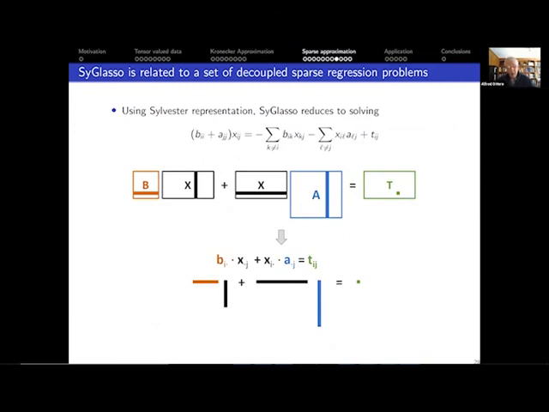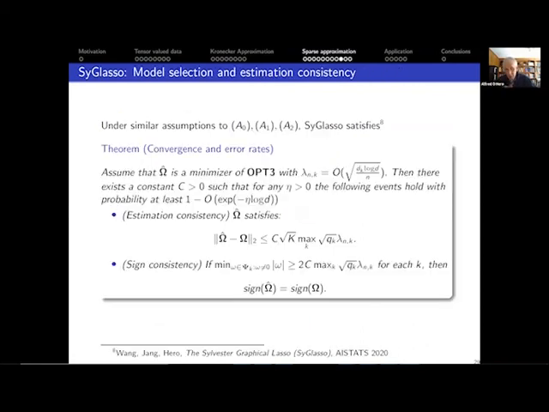or you can also use proximal algorithms like proximal alternating linearized minimization, PALM. I'm not going to describe how the Sylvester representation allows you to solve this in a node regression fashion, just like the Meinshausen-Bühlmann G-lasso. But one can do it that way if one wishes to avoid proximal descent methods. But we also get convergence and error rates. I'm running out of time, so I'm not going to dwell on this. But we get estimation consistency and sign consistency, all this shown in this paper that appeared last year.